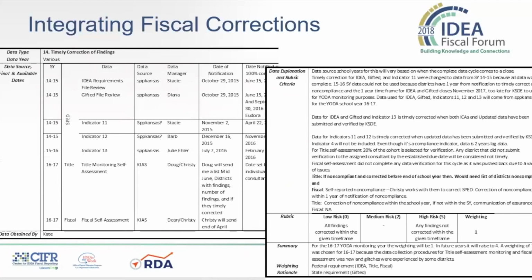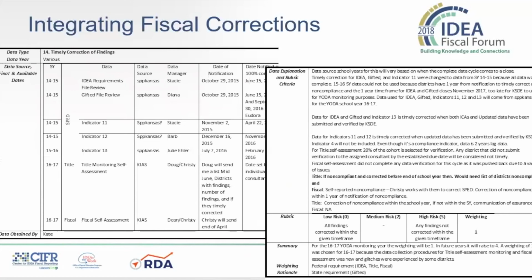And this is a separate metric now looking at the fiscal correction. So that first slide was simply looking at whether or not a district had a finding for non-compliance in one of the fiscal reviews. This one is looking at whether or not they had a finding and then did they in turn correct it. In this particular version of the document, I can tell this is a draft version or an earlier version because over on the rubric side, it has a risk of 1. I will tell you that that's not accurate. We do weight